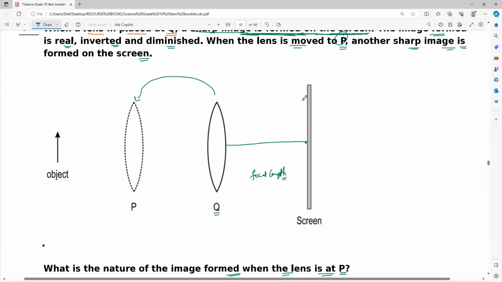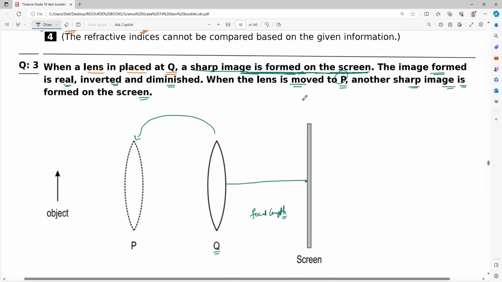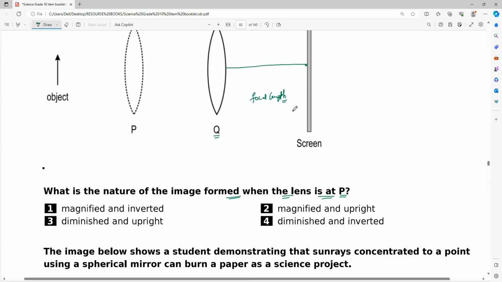Yes, please. Yes. What is the nature of the image formed when the lens is at P? Anyone? So first, all of you tell me. So we all knows that